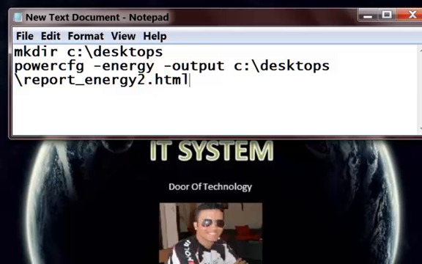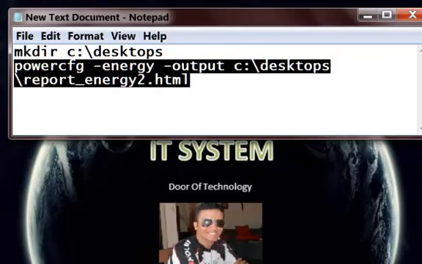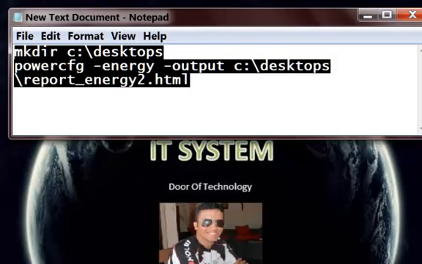Now I create a file, have the lines of code I used before, and I will save it as